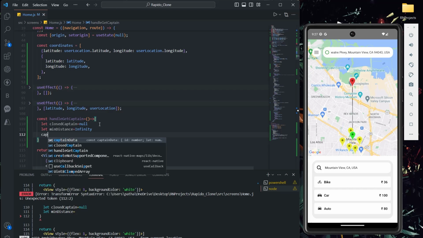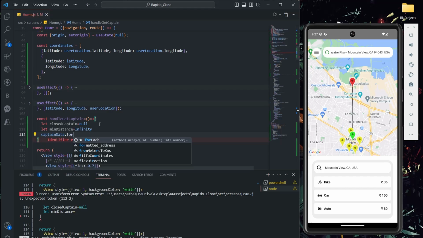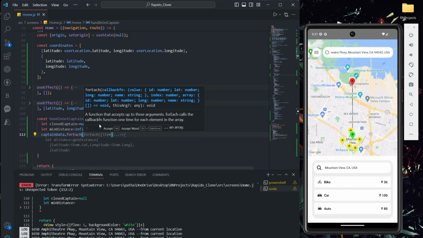Now I'll say captain data dot, I'll use the forEach method. You can go with map also, but I don't want to return anything, so I'll use forEach.